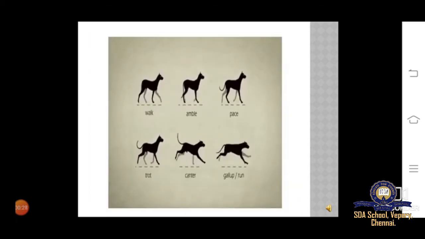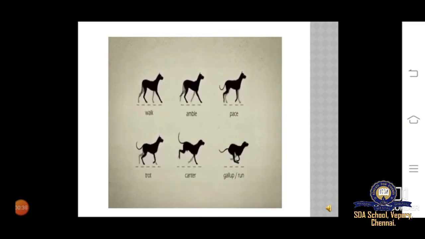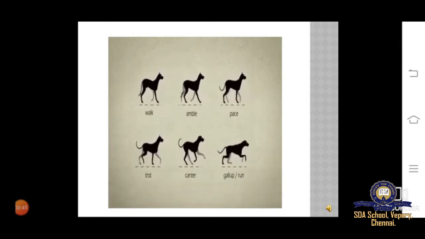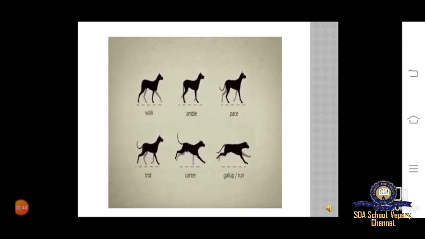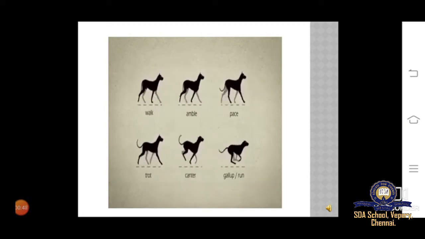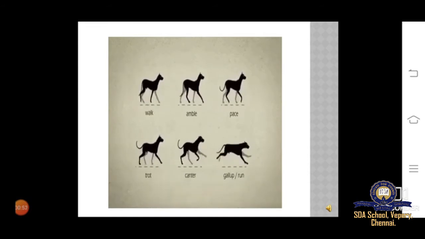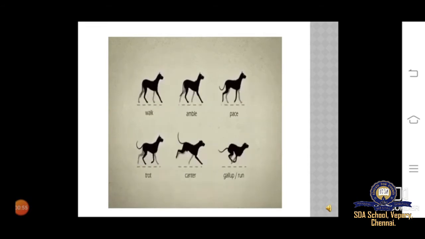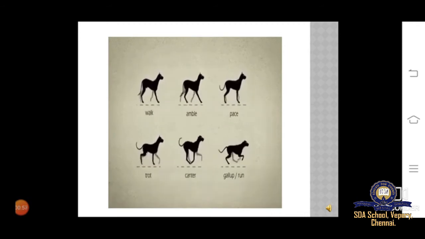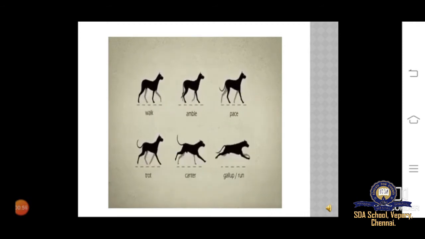Here you can see how an animal can move. It moves depending upon the time and the necessity of the animal. The first one is walk. It's a gentle walk, and we also do amble. Amble is also a type of walk, but it is faster than a gentle walk. Then pace. Pace is somewhat like how we jog; likewise, the animal is moving. Then trot. Trot is a very fast walk.